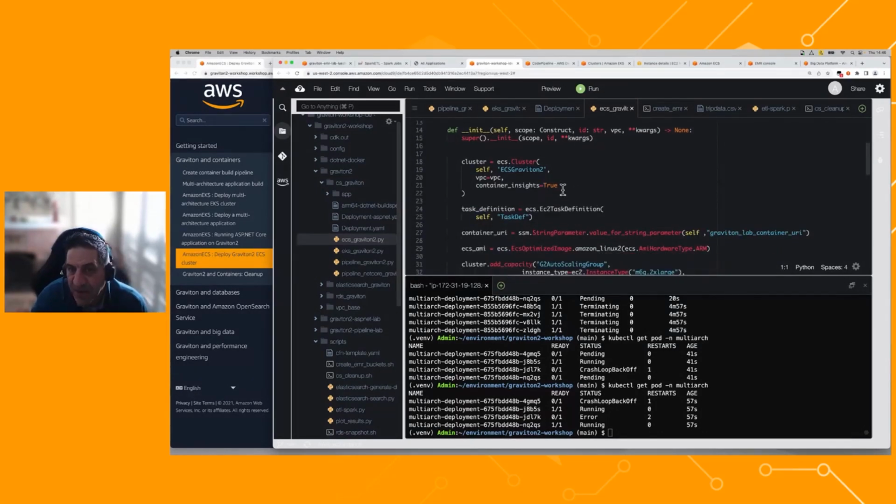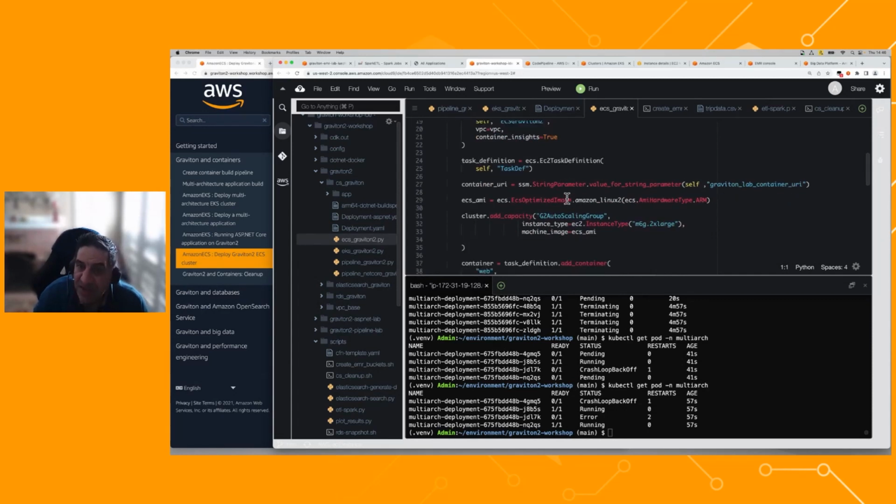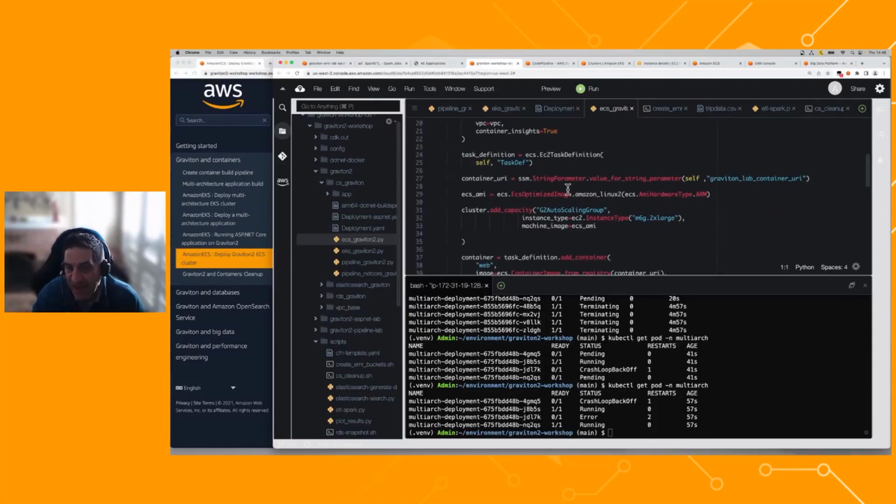So it's going to utilize the same image that we built earlier in terms of the Node.js application that reports what processor architecture it's running on, but it's doing this on top of ECS instead of EKS, and this entire CDK deployment file is defining the end-to-end cluster that will spin up